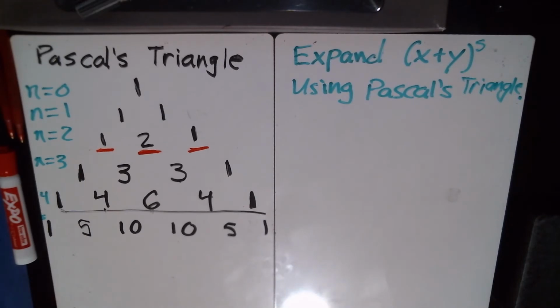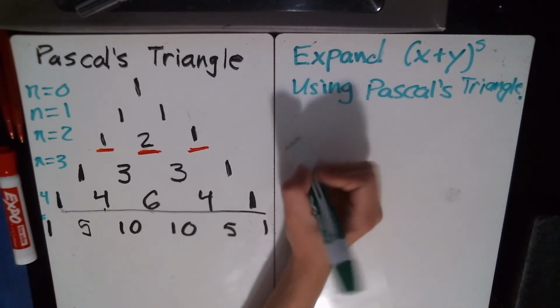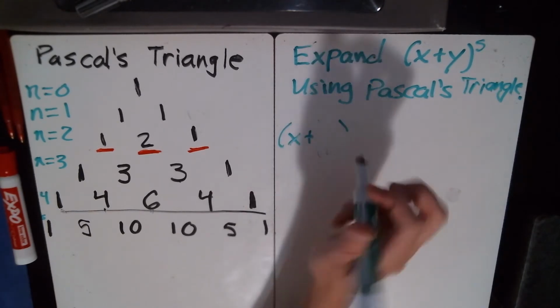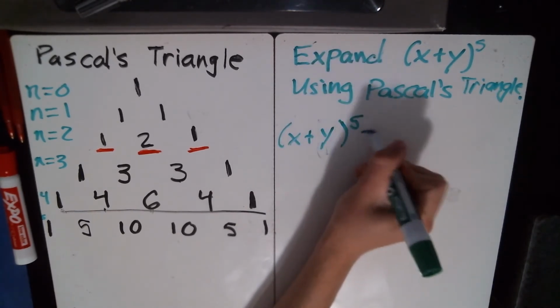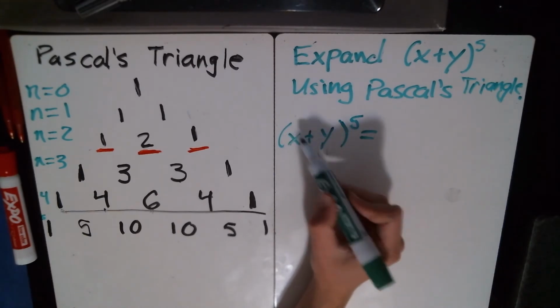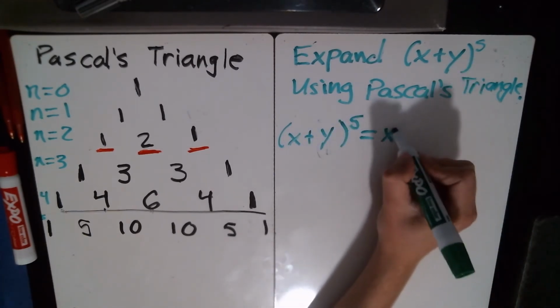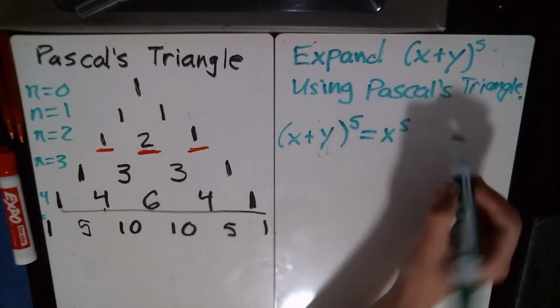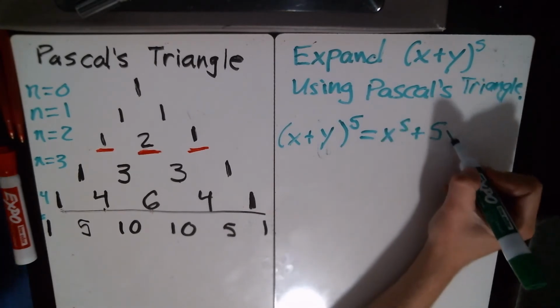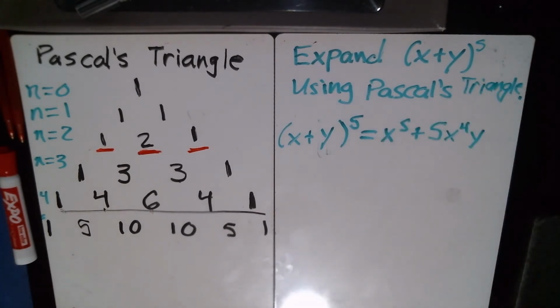Okay, so we're doing x plus y to the fifth power. To do that, we look at this row and there's a 1 first. So 1 times, when we put them all on x, x to the fifth, 1x to the fifth, plus 5. We take this, then we decrease the power on x and increase the power on y by 1, okay,